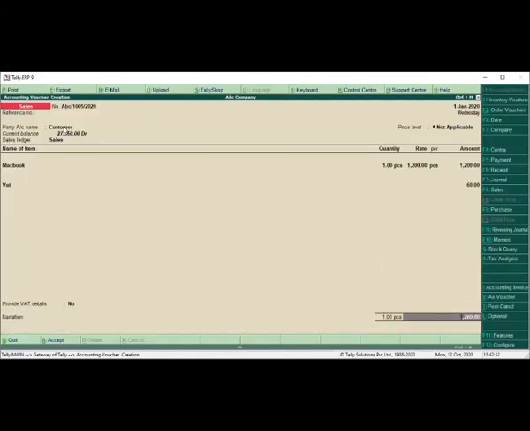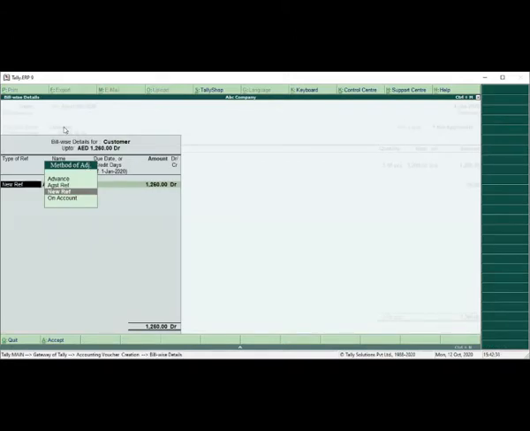Now whenever you are going to select, here you can see the bill wise detail. So bill wise detail is reflecting adjustment. So you can select new reference if you did not receive advance from this customer. Okay, so in this case select the new reference and save it. Now if you see, we have given 4 different methods. How can we use them?